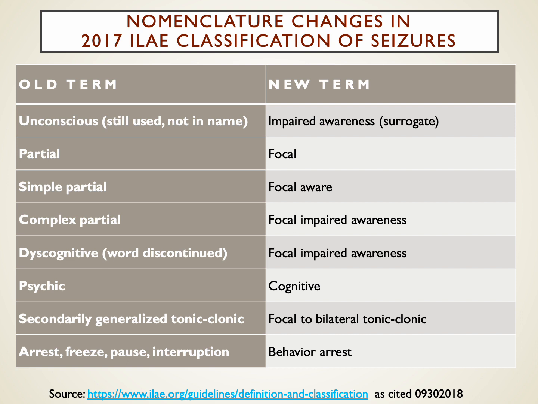One of the last things to think about is some of the differences between the older terms and the newer ones. If you're a clinician or you've seen or worked in practice or familiar with epilepsy over the last few years, you're probably more familiar with some of the older terms like a simple partial or a complex partial seizure. Those old terms, simple partial, complex partial, and partial itself, have been largely replaced by the term focal. And then simple being aware and complex being impaired awareness. So you'll see some of the older terms still used by clinicians. You want to be just aware of that.